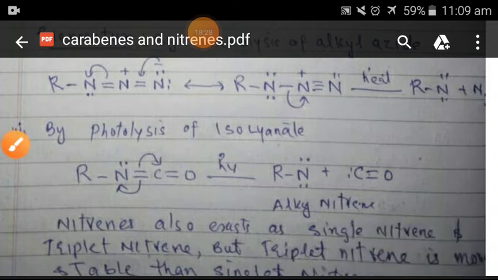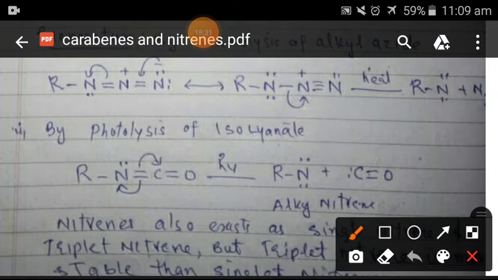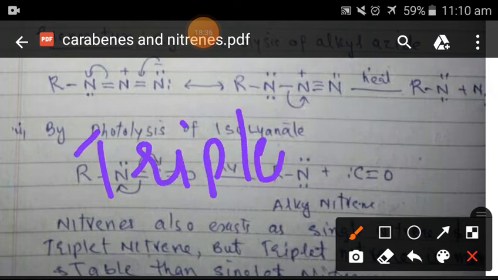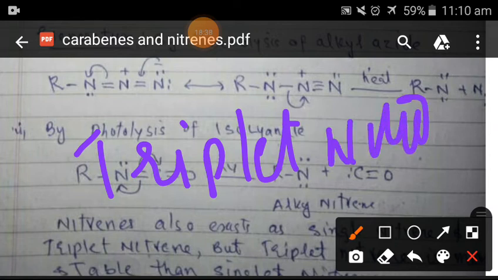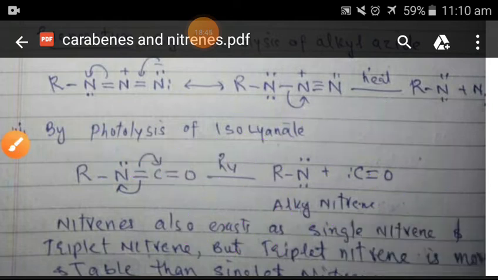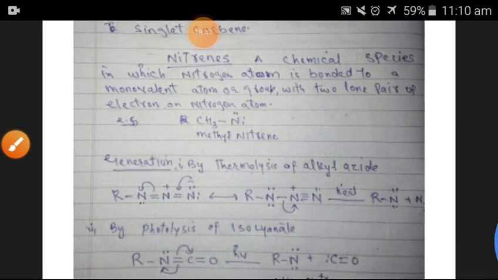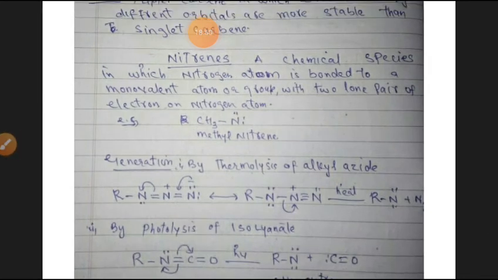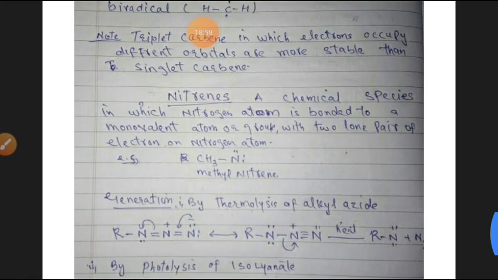So triplet nitrene will be more stable. We'll write that triplet nitrene will be more stable than singlet nitrene. So if you are asked about the reactivity of different nitrenes or carbenes, whether singlet nitrene or triplet nitrene is more reactive, or singlet carbene or triplet carbene is more reactive,